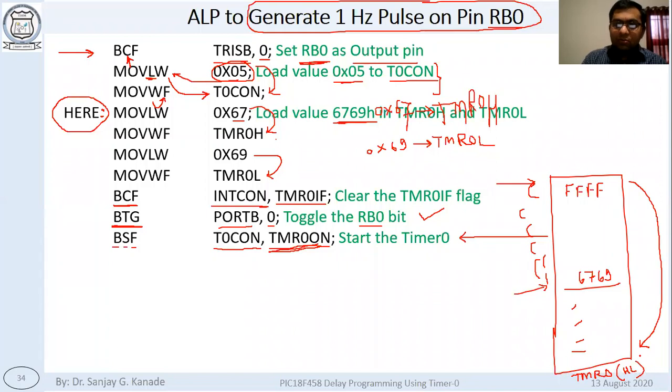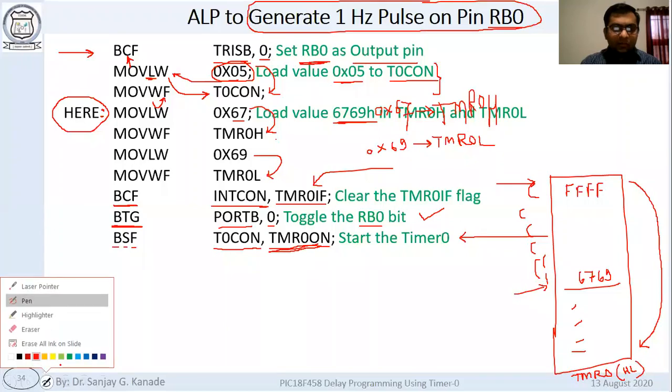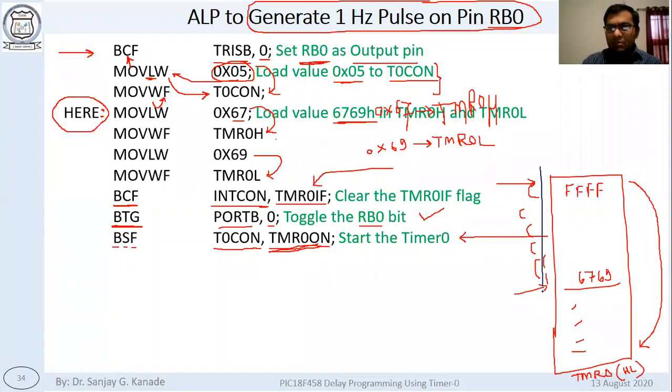And when this overflow is happening, what will happen when overflow happens? This TMR0IF flag becomes 1. This particular flag, which we have made 0 in the beginning, will become 1 when this overflow happens. So we can keep checking this flag, the TMR0IF flag. If that flag becomes 1, it indicates that these many pulses have appeared. If the TMR0IF flag becomes 1, we know that these many pulses now have